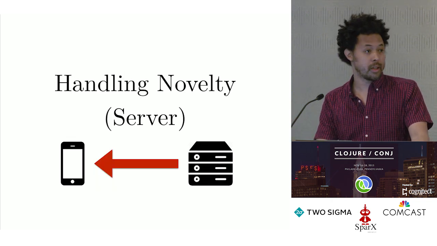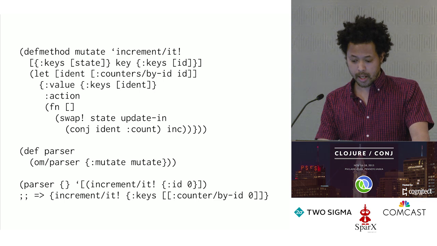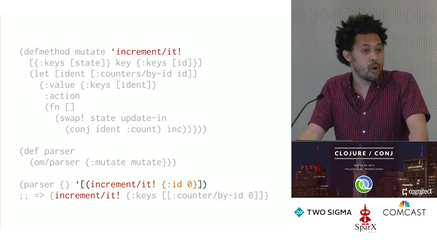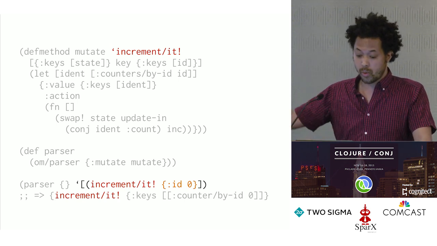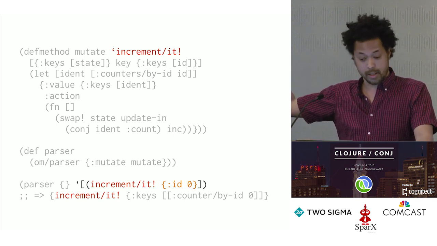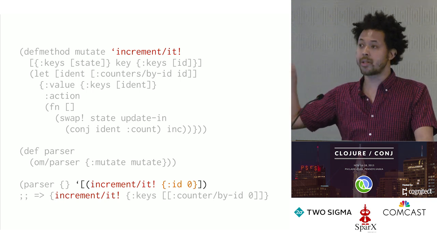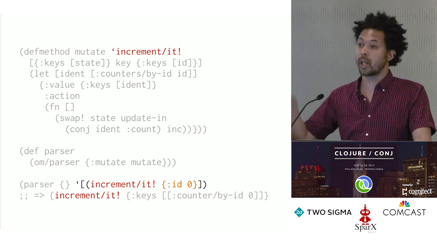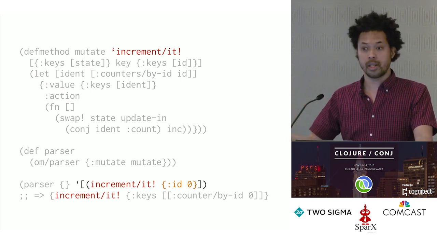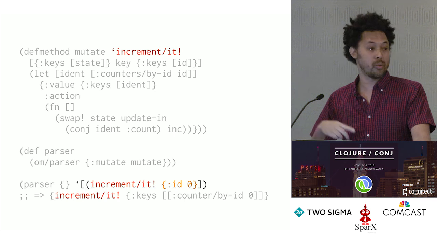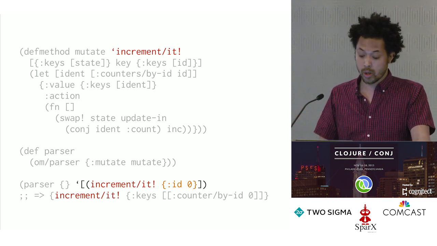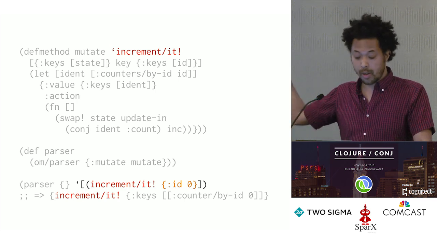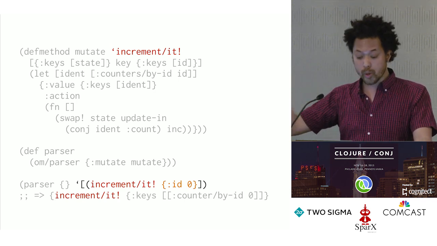So let's handle that mutation request. Here we have a mutation. It's almost identical to the way that reads look, except you return a map that has a value, which I'll explain in a second, but it has an action, the action that will actually apply the mutation. And this has to be in a thunk inside of a function because we really want parse to be side effect free. We often need to run it multiple times. We may need to compute multiple remotes, and of course we need to run it to compute what we're going to render. So down here, on the server side, we run the mutation, and what it's going to return is